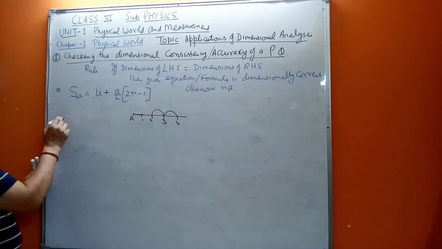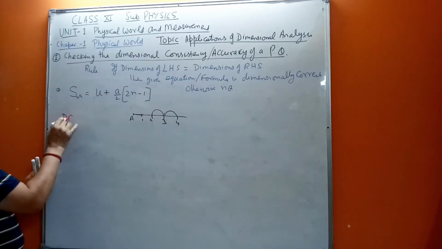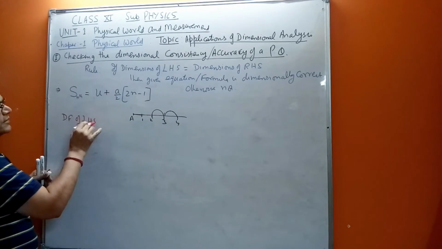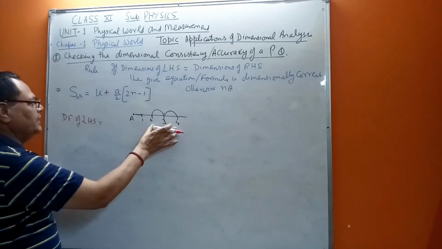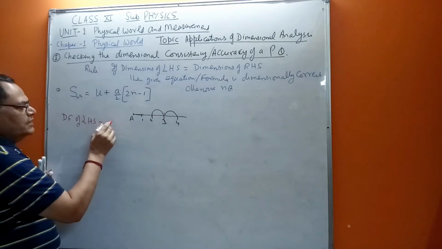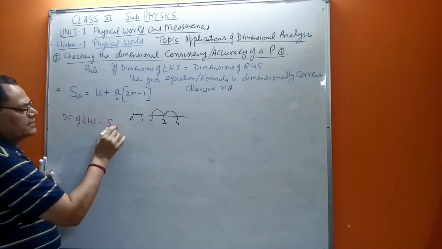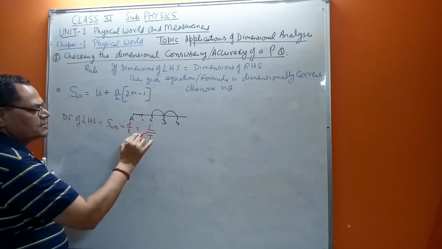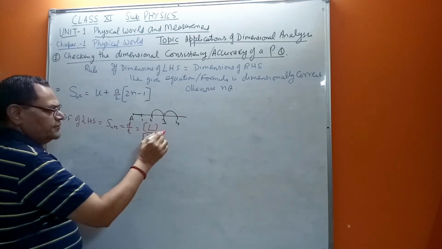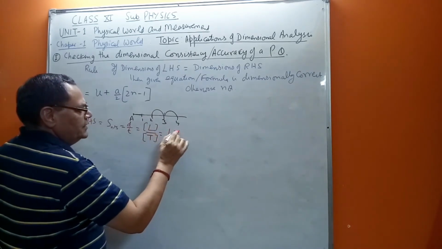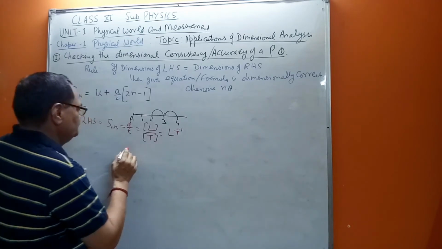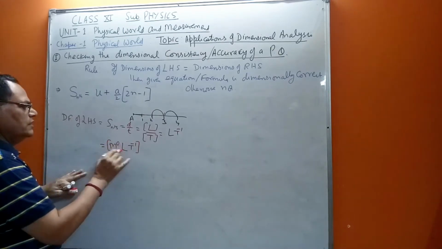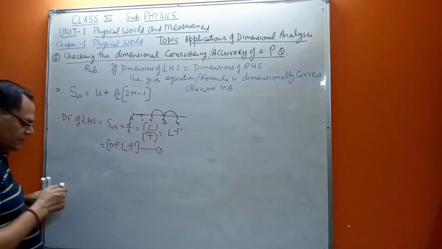Okay, so let's start writing. What was the process? We generally write the dimensional formula of the LHS. So this is s, but as I just explained, it is the distance covered in the nth second. So actually s nth is nothing but simply d by t. D is basically L, and t means time. So this will become LT minus 1. In ideal form you can write it as M0 L T minus 1. So we will put it as 1.